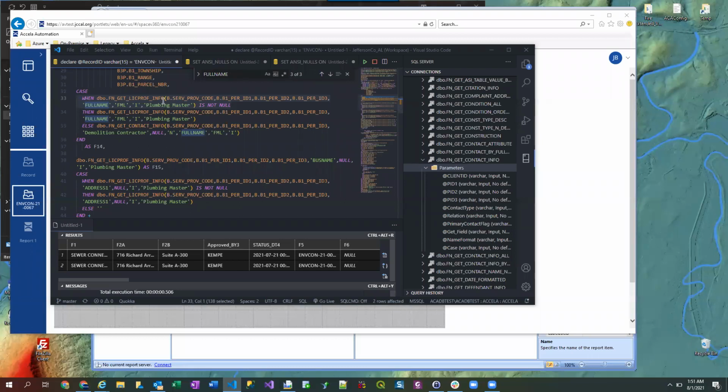So basically what I'm saying is if there's not a full name filled out for a licensed professional, which there always should be, then resort to getting the demolition contractor. So for each one of these fields,